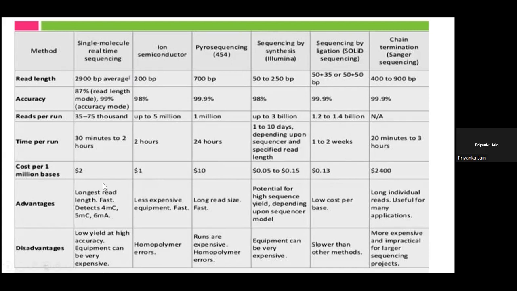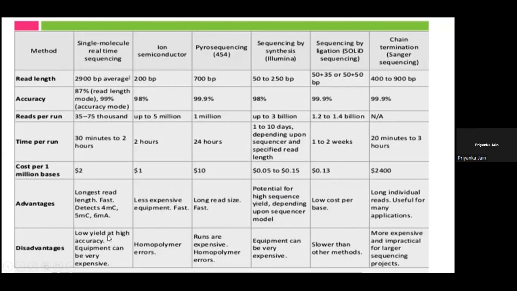So the advantage here is that it is a long read, fast detection. This is less expensive, fast. This also has long reads. The Illumina sequencing by synthesis method gives short reads, but the quality is very high. It has potential for giving high sequence yield. The number of sequences will be very high, and if we compare it, SOLiD has low cost per base, while